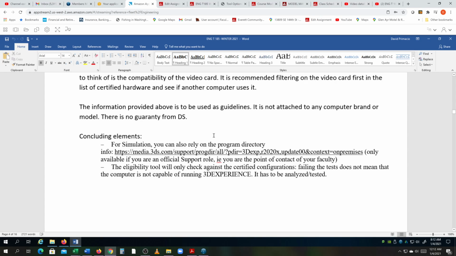You need pretty quick internet, and the reason why you need quick internet is you're going to be on a conference call, you're going to have the 3D experience up, and you're probably going to have the AWS up. And for people not having a strong enough internet,